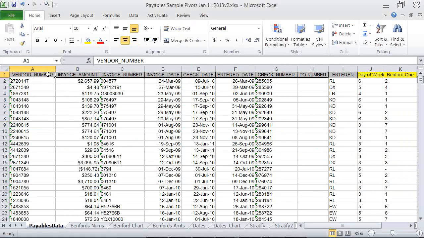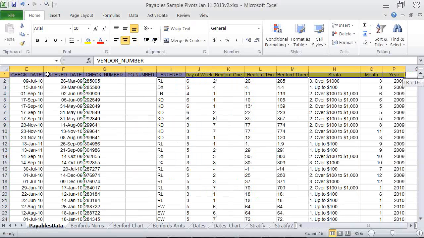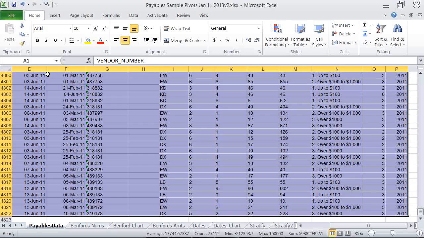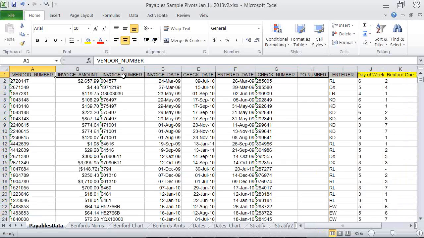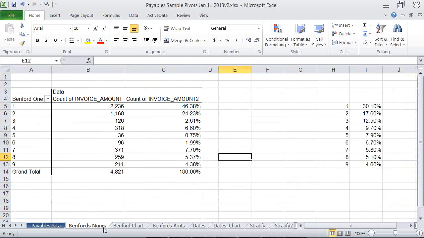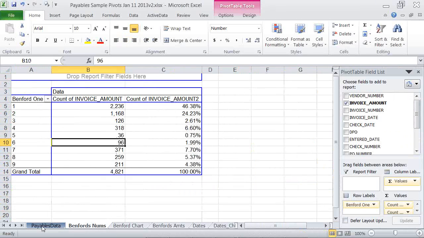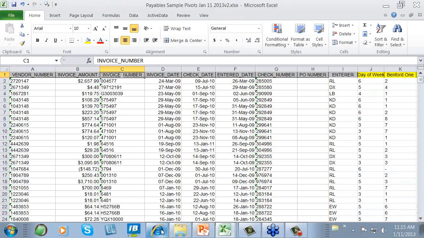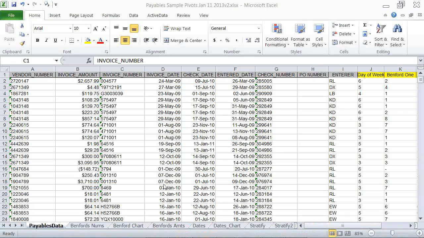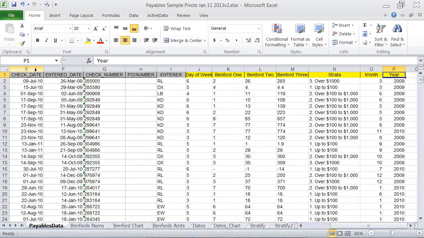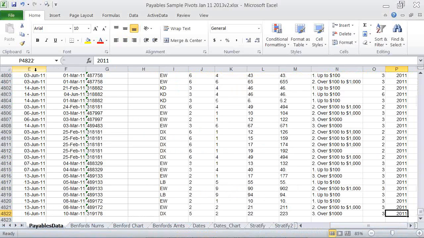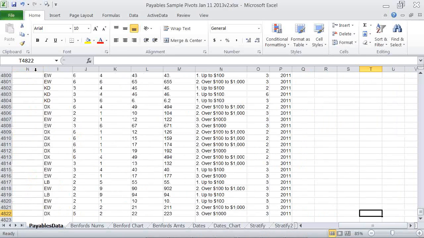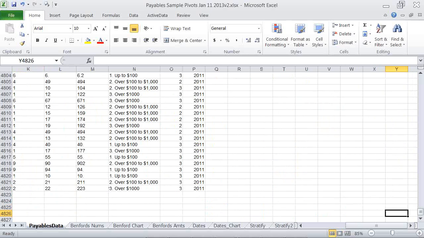What's really nice is you can create a named range that will dynamically change as you put data into this toolkit. So if you do add a few more columns to the end of it, all of your pivot tables still should run, because they still usually have all the old data fields in here somewhere. And because it's dynamically refreshing by pivoting for all of the data per that video, it'll dynamically figure out, well, I need to go to column P and row 4822, and if you added more columns, it would dynamically grow to whatever that is.